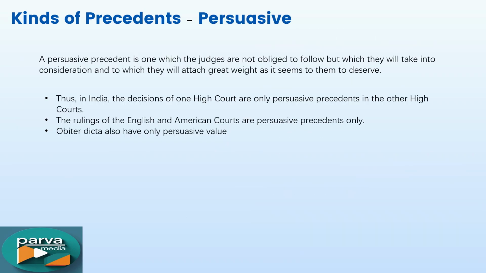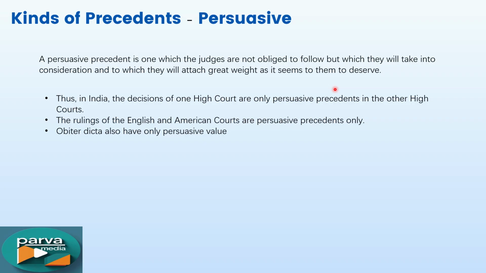Now let's turn to persuasive precedents, a category that plays a subtle but significant role in judicial reasoning. A persuasive precedent is one that judges are not legally bound to follow. However, they may choose to consider it and often attach substantial weight to it if they find its reasoning compelling or relevant. If a judge finds that these precedents are good to apply, he can do it,